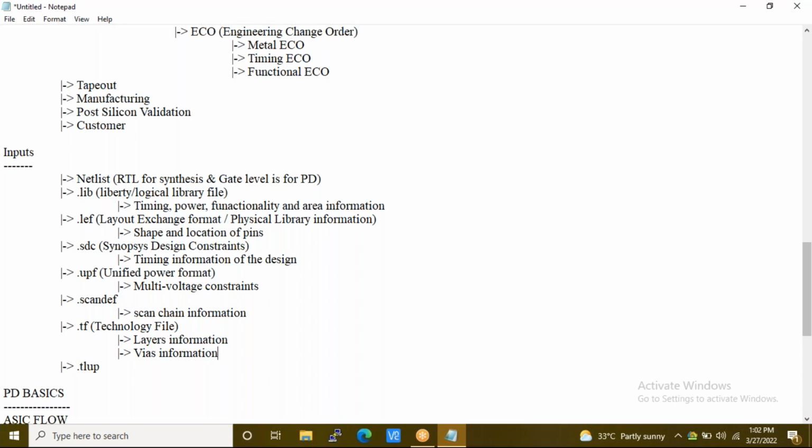So when I say a via, when you drop a connection from top to bottom, let's say you have an apartment. In that apartment, your power has to be connected from top to bottom or bottom to top. You want a power connection.